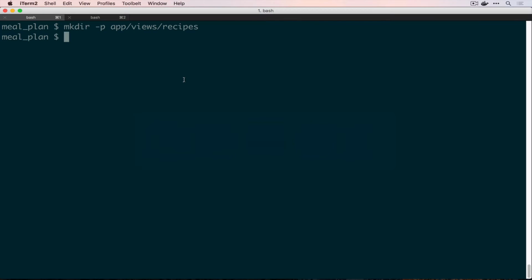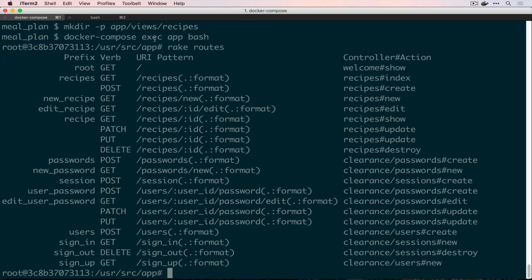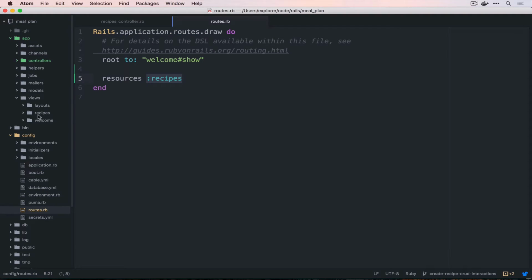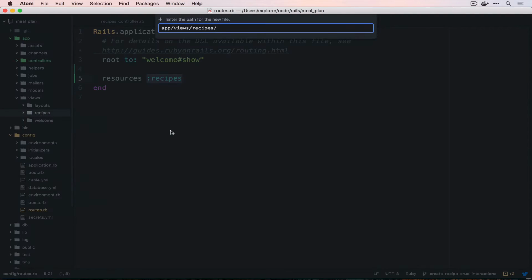Save that. If we come back over and we start a Docker container for our running application, we can check out our rake routes and make sure that we have this in here. So you see all these /recipes routes now. We're going to, over the course of this tutorial, create all of these individual methods. To get started, we're going to work on the index one, which will list out all of the recipes that a user might have. So for that, we're going to create a new file in the recipes directory called